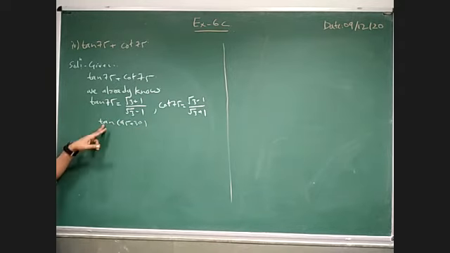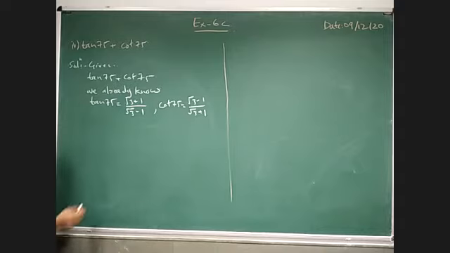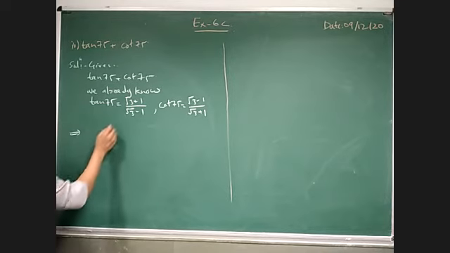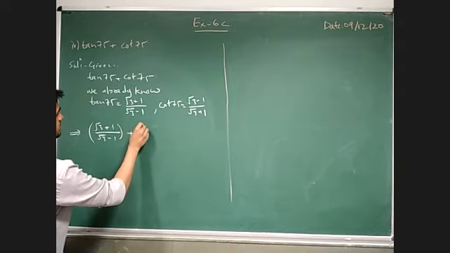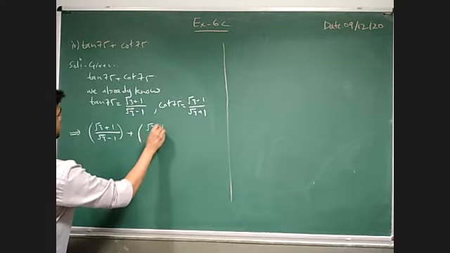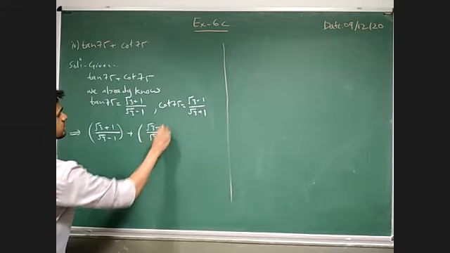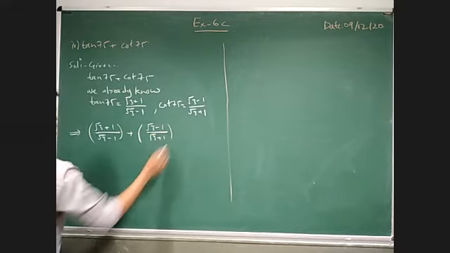If you do tan(45 + 30) and you are applying the compound angle formula here, then you will be finding this value. Now here I already derived the value of tan 75 and cot 75. Now here I am going to use them directly. So here tan 75 is nothing but (root 3 plus 1) over (root 3 minus 1). So this is the first bracket, and plus, here (root 3 minus 1) over (root 3 plus 1).